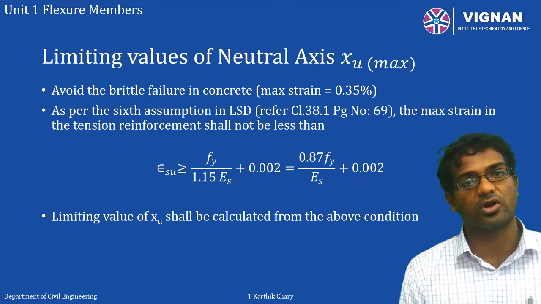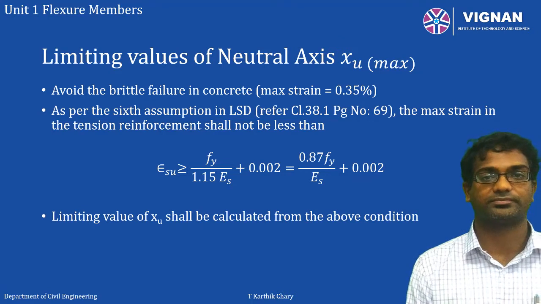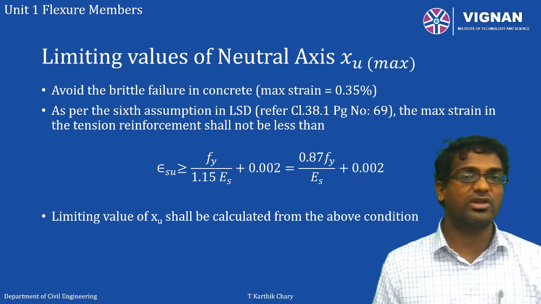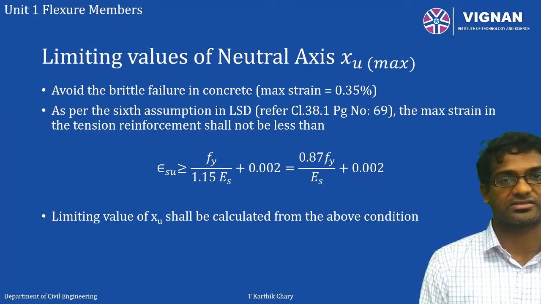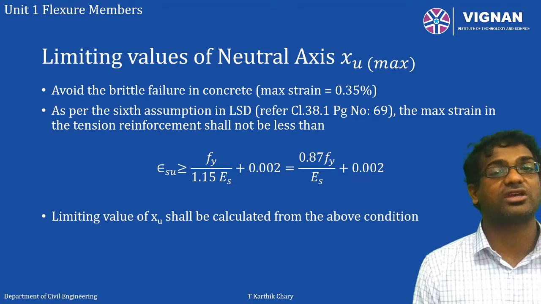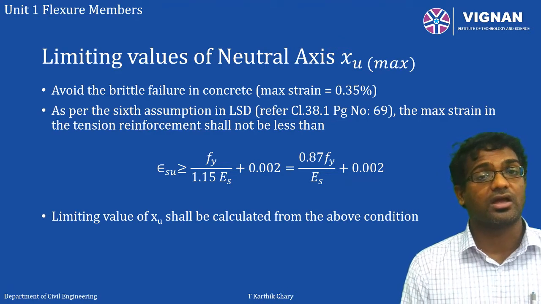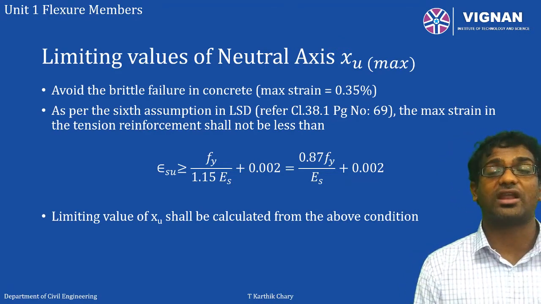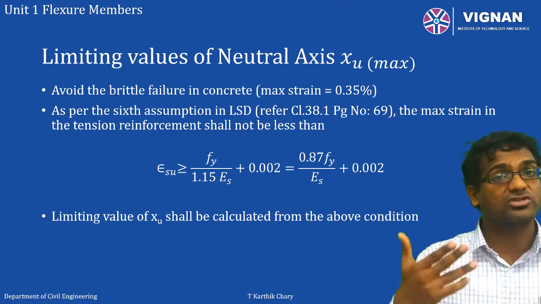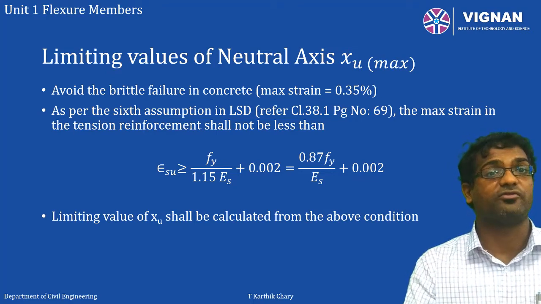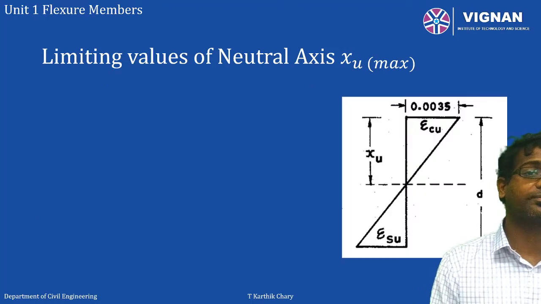Es is Young's modulus of elasticity, which you can take as 200 gigapascal. So this equation will give you how to calculate the limiting neutral axis. The previous neutral axis equation gives you the actual neutral axis for a given chosen section, whereas the next neutral axis which we are going to discuss now will give you the limiting one, which means your actual neutral axis should always be within that neutral axis. It should not exceed. So how do we calculate it?